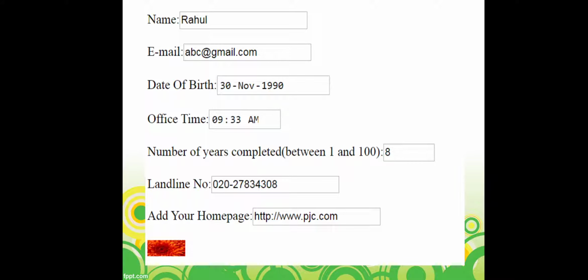Now we'll see one by one how to take the controls. Now when the form is started, see all the basic structure will be there. Why? Because it is a HTML code. So all the basic structure will be there, and in the body tag will be starting with the form tag, right? And in the form you can see the first element is what? Name, that is the label, and after that there is a text box which is accepting the text data. So we'll see how to get this text box which is accepting the text data.